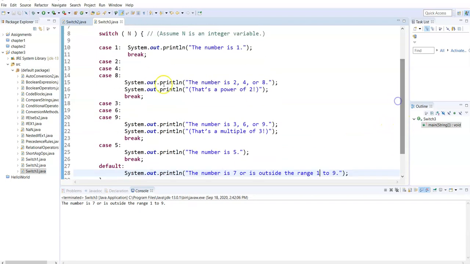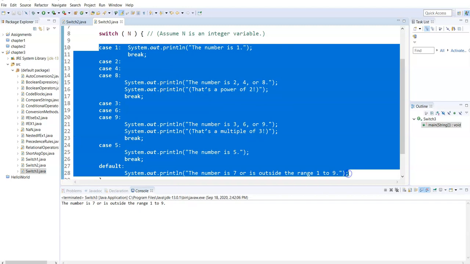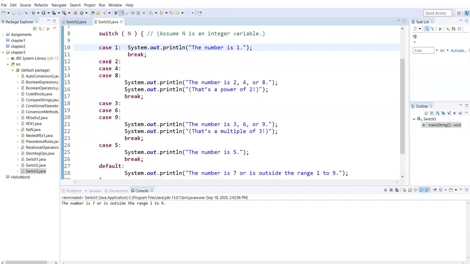So you might ask yourself, well, why would I want to do that? It might not be very useful. Well, what you will learn later in the course is that you can use a switch statement for menus. Let's say I allow 10 numbers to be inputted from a user from another part of the program, and then I need to do a different action for each, then this is the kind of code you would have. You would have the literal values for the menu option, which could be 1, 2, 3, or A, B, C, whatever the case might be. And then you would have actual code that will do whatever that menu option calls for.